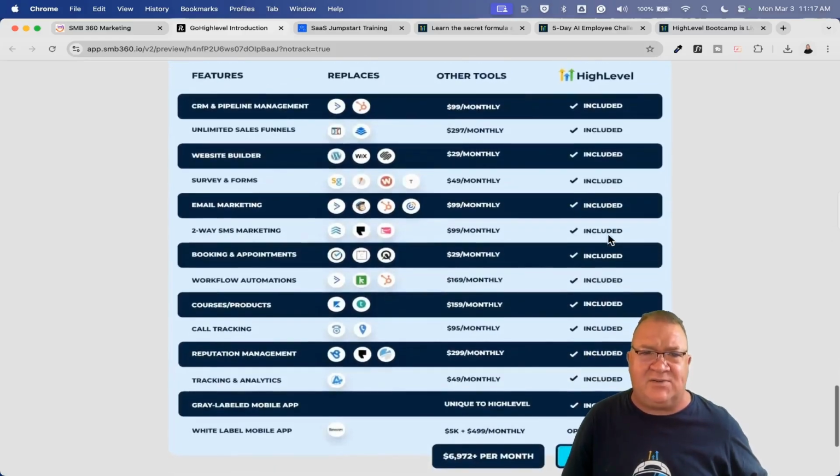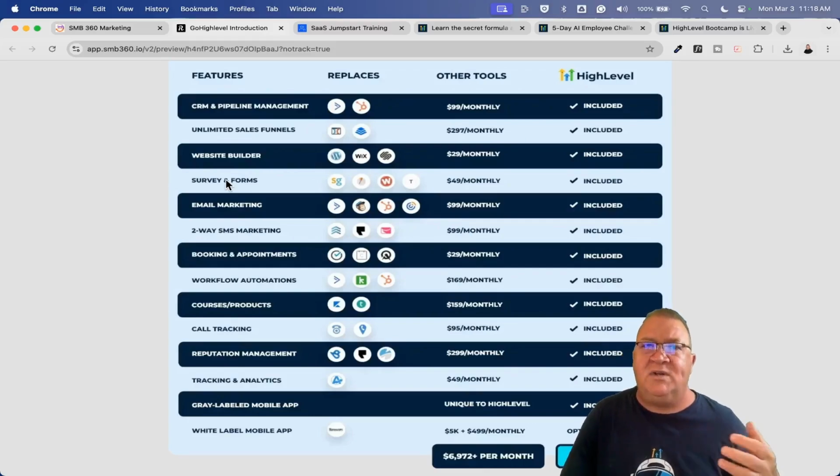And this is just like a matrix chart that just helps people. Highlevel created this, and I'm just using it, but it just helps people understand here are all of these different software components, from the CRM to the sales funnels to the website builders. All of these different things cost money using other platforms. If you just get this platform for the $97 starter plan, that's crazy cheap. There's no way you're going to be able to get all of these other systems for $97 and then try to connect them and put them all together. It's just going to be much more complicated, which is why Highlevel is such a great tool, because it brings all of these things into one.